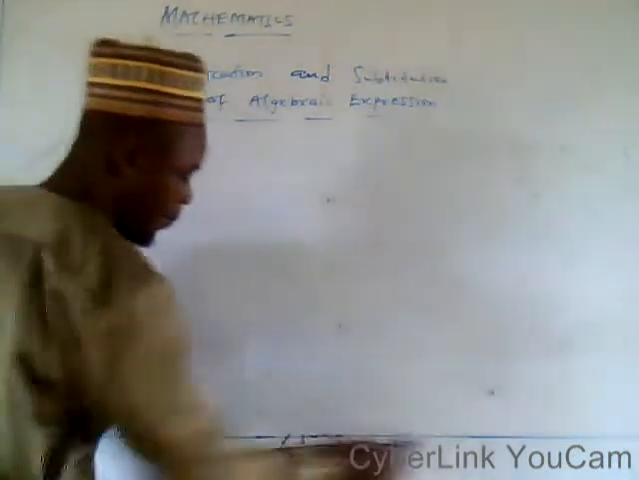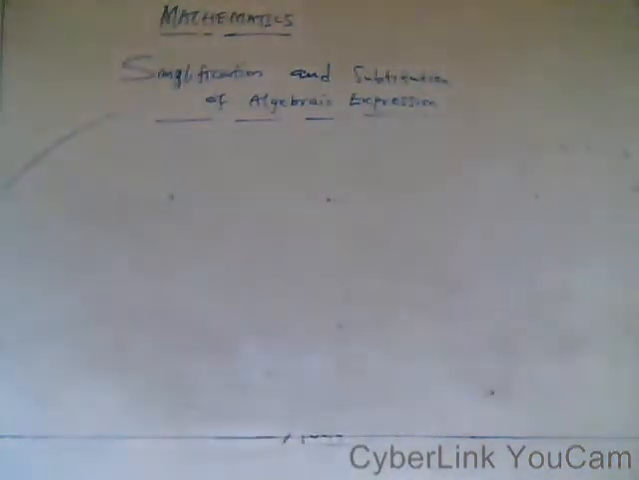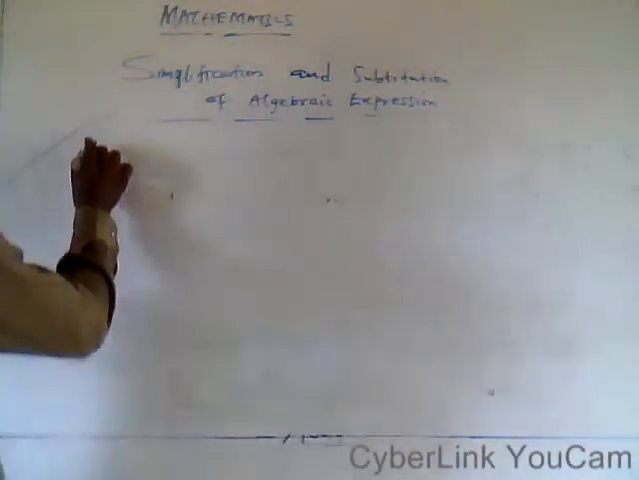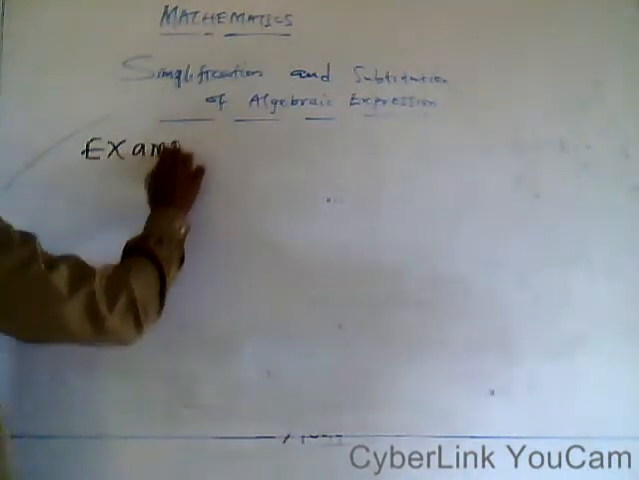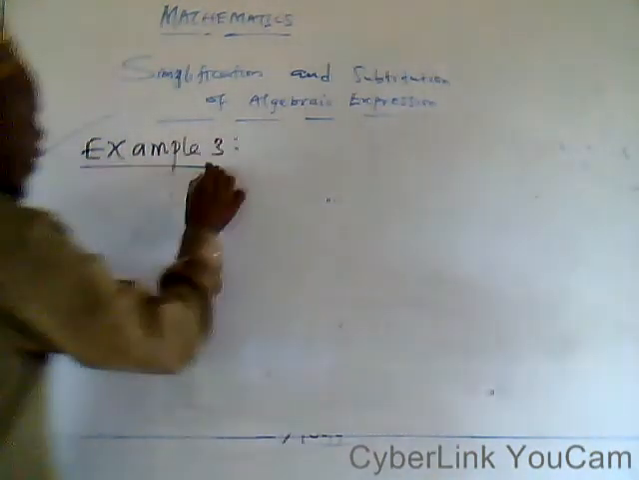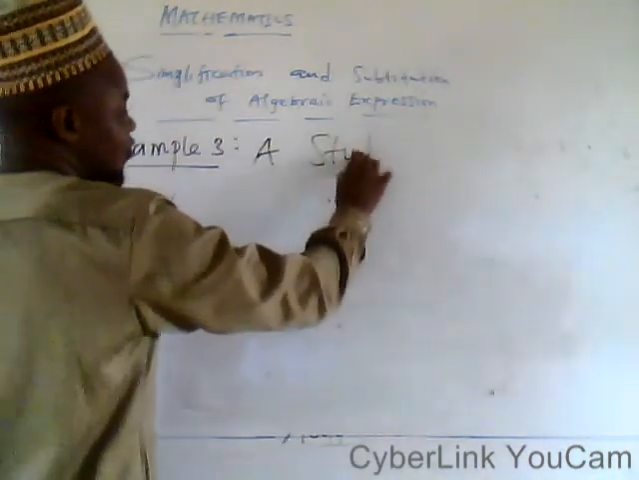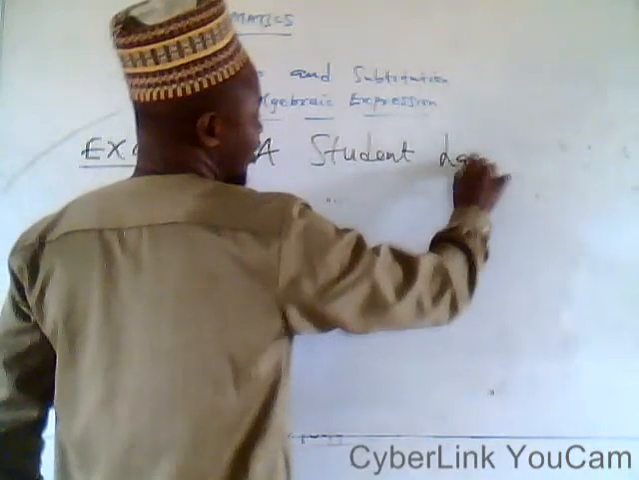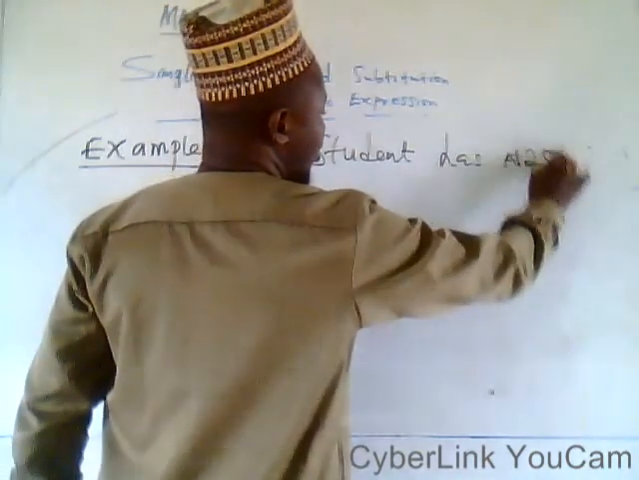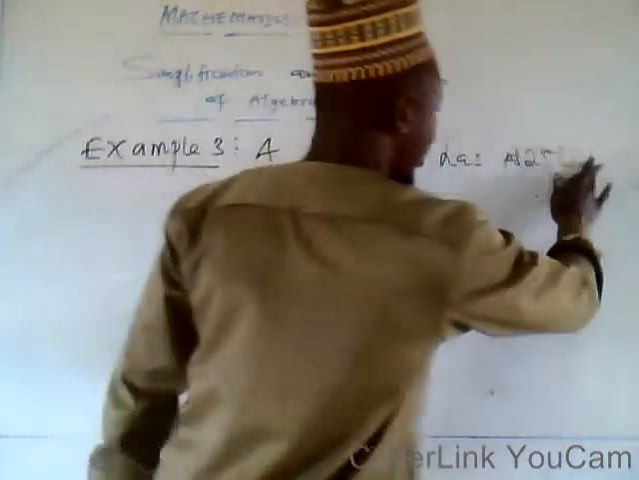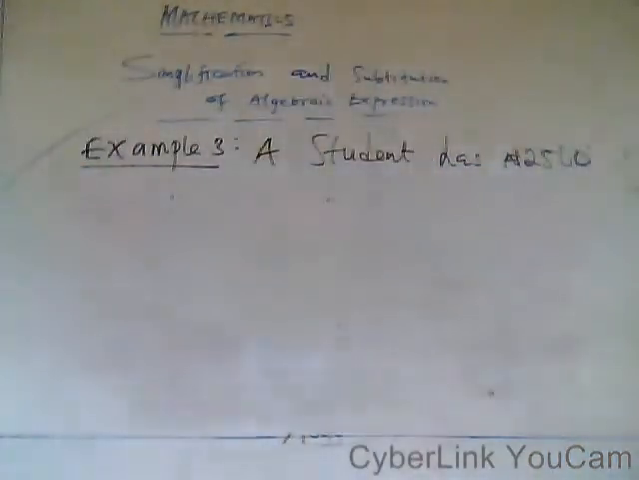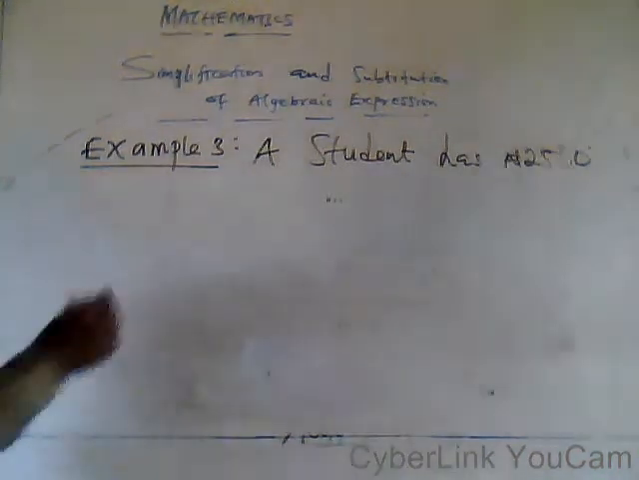Let's take one more before we call this a day and quickly take our assignment. So the next question that we have here, Example 3: a student has 2,500 naira. The student has 2,500 naira. Out of that amount, as pocket money,